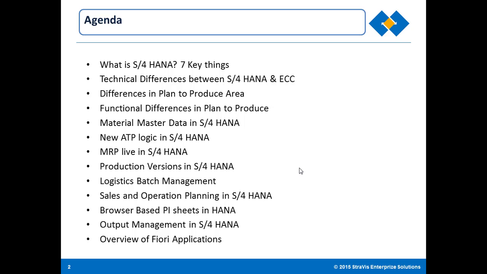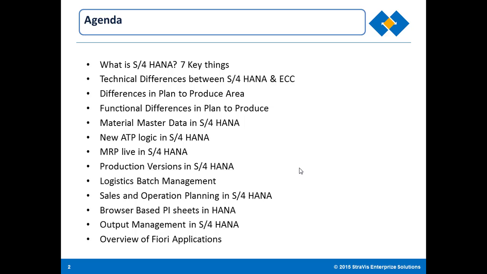We would like to know basically, and then what are the 7 key things we should know before we choose S4 HANA as our ERP, and also the technical differences between S4 HANA and ECC, and functional differences in plan to produce area, material master data in S4 HANA, new ATP logic in S4 HANA, MRP Live, the new concept in S4 HANA, what is the importance of production versions in S4 HANA,